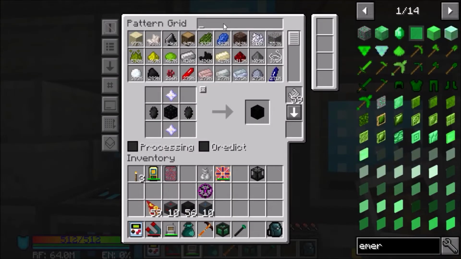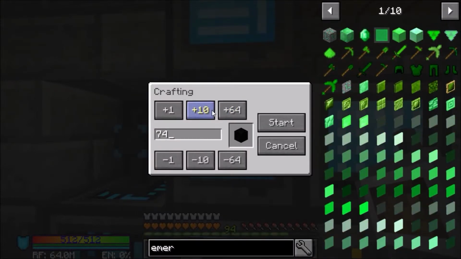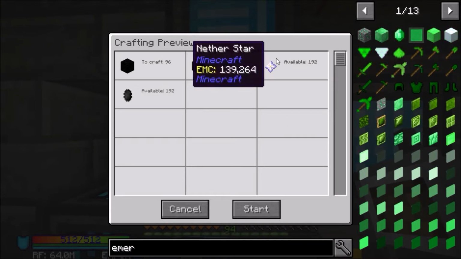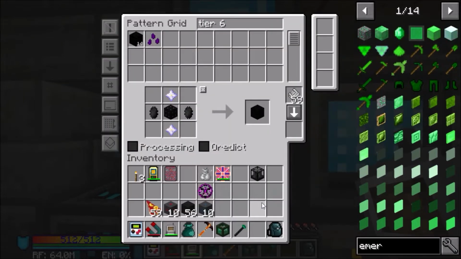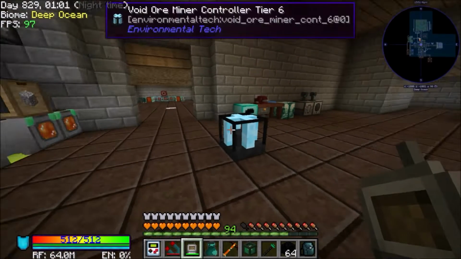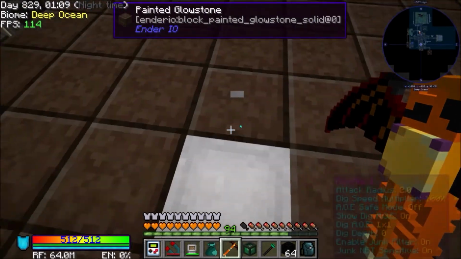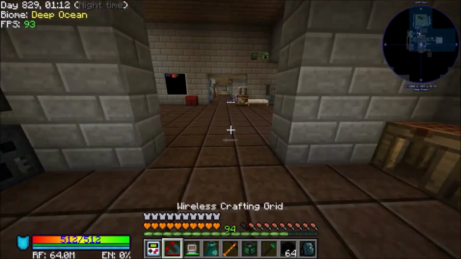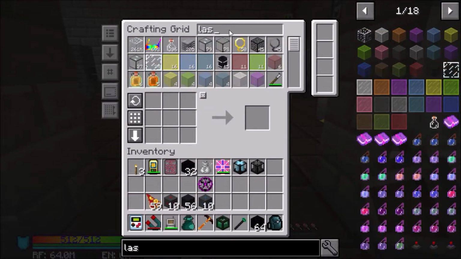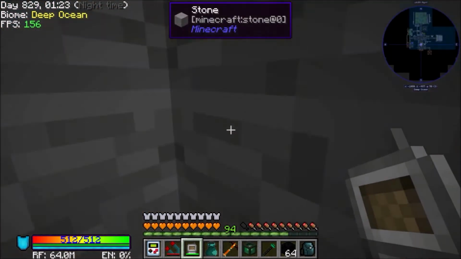And now let's look at our tier 6. And we want 96 of them. We've got all the nether stars available. This won't be that bad to craft. Beautiful. We've got everything we need now to make the next tier of these. No, we don't yet. We need some laser cores. Now we've got everything. The actual lens is inside of...